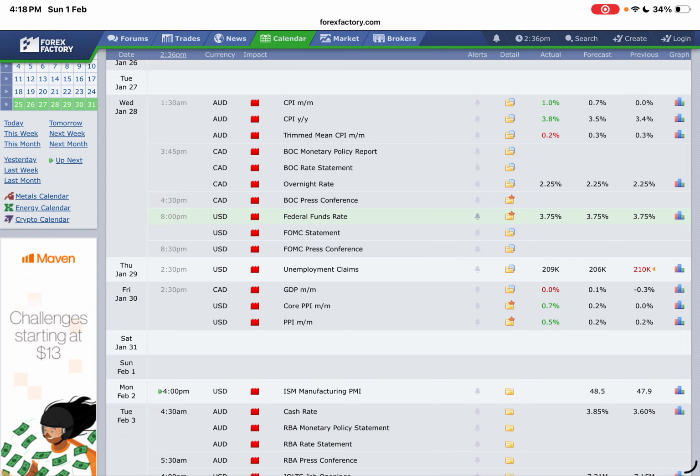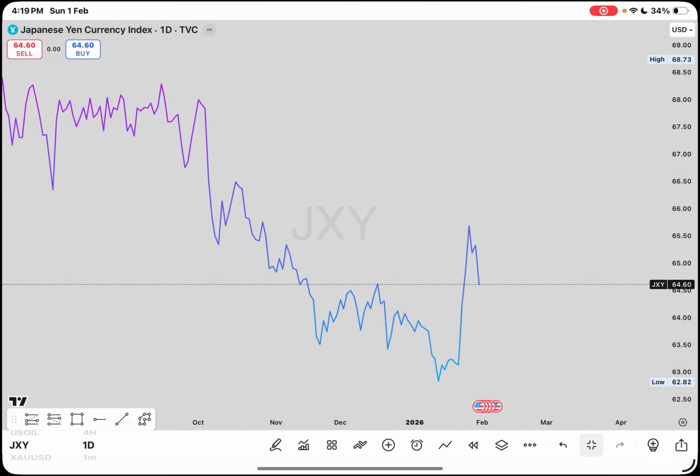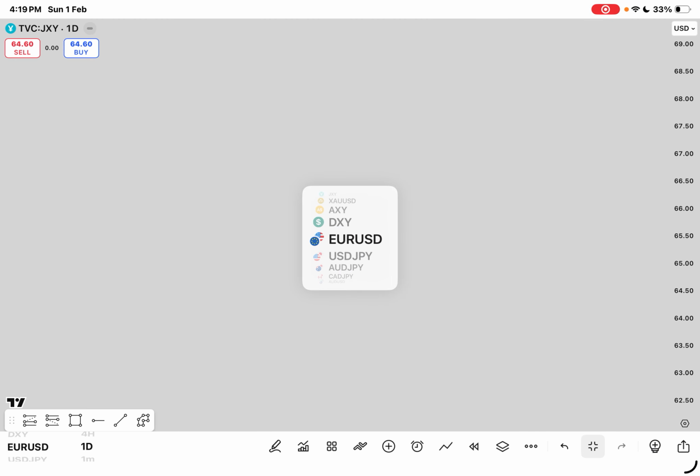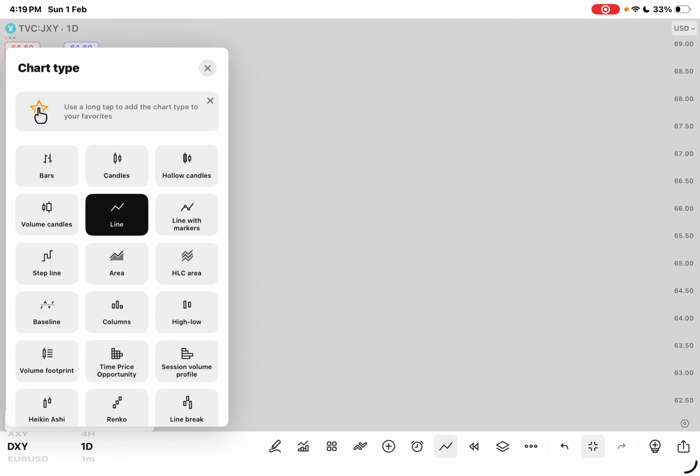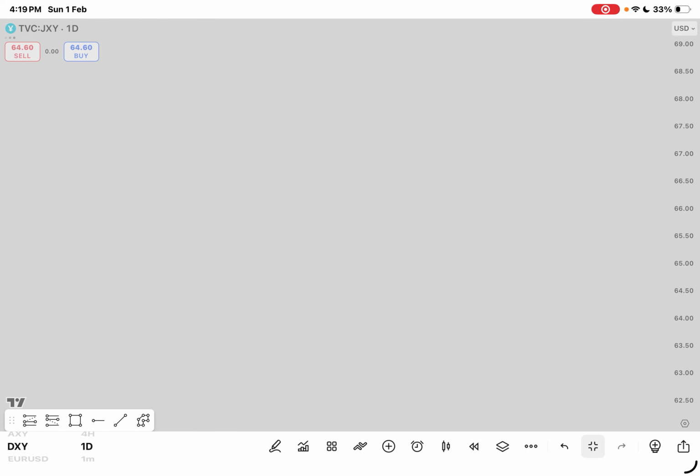I want you to understand that the reason why dollar rose was because of the good news which Trump gave in the market. Dollar has been selling because of three reasons. First of all, due to the risk environment. Second of all, Trump announced that he's going to put in a new Fed chairman, and that Fed chairman is going to support the bearish movement in dollar. Do you understand? Let's go to dollar and look at it while we're saying all this.